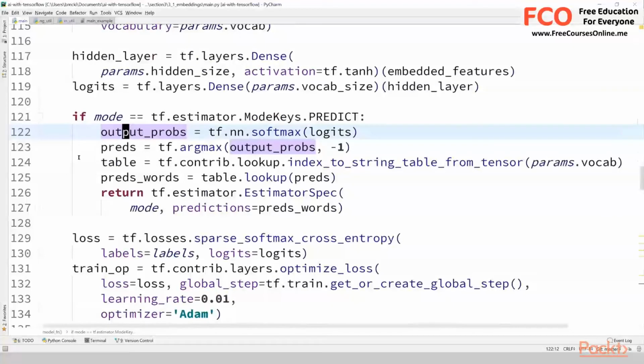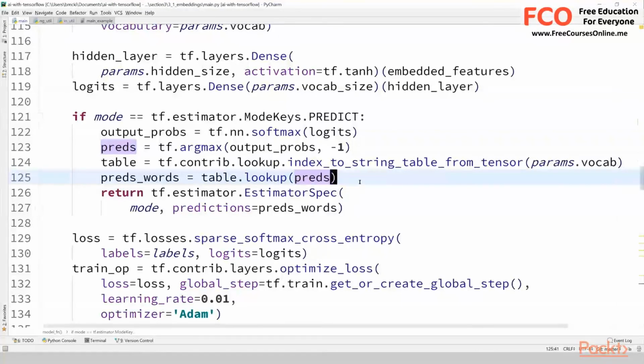it'll figure out the probabilities from the logits, it'll get its predictions. And what's new here is using this utility, tf.contrib.lookup.index_to_string_table_from_tensor, a very verbose function. We feed in the vocabulary, so this is still just the familiar list of words that we've been using this entire time. And we can feed this into TensorFlow by this table. And what it'll do is, given predictions, which are going to be integer predictions of the exact same format as the input sequence of IDs,